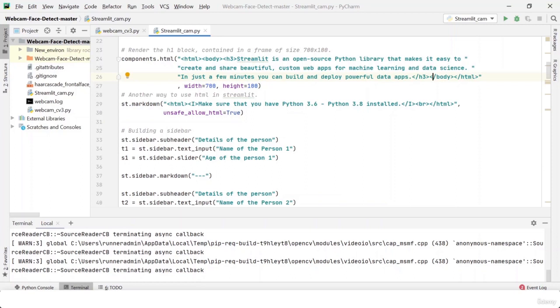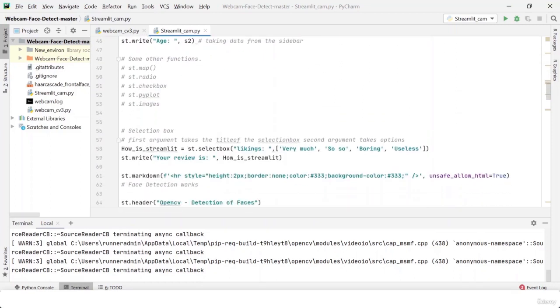So the most used function would be your streamlit.write function. The write function is the basic and most used function, because if you want to write anything on your Streamlit app or into the interface, you would be using the write function.